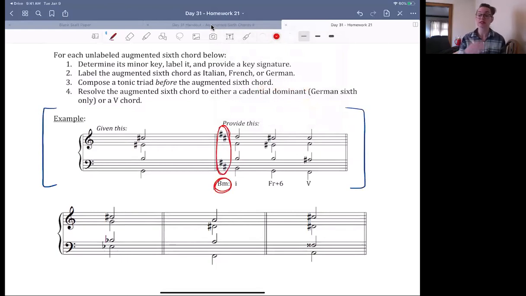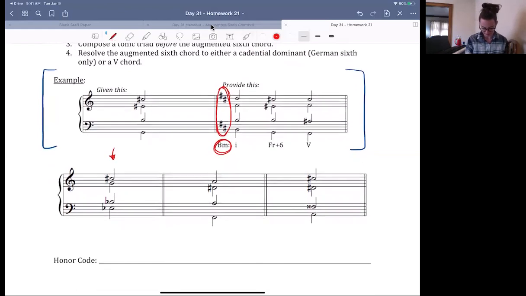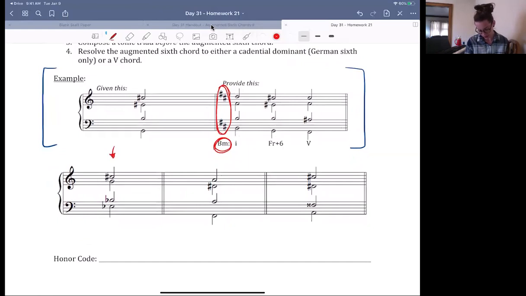How are you going to know? You're going to do the same thing you did in part A above. What you have in front of you is a mystery augmented sixth chord. So the first thing you're going to do is figure out what key you are in by that augmented sixth chord. So if we walk through this first one, again, augmented sixth chord, scale degree 6 is going to be in our bass. If E flat is scale degree 6, walk your way up to find tonic. That gives you G minor as your key,